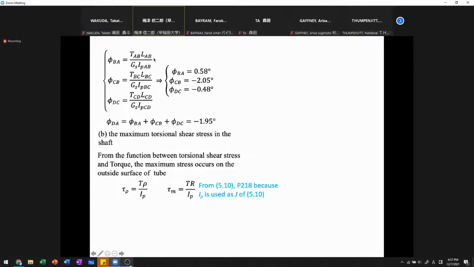And from these, phi BA, phi CB, and phi DC are calculated like this. And the angle,